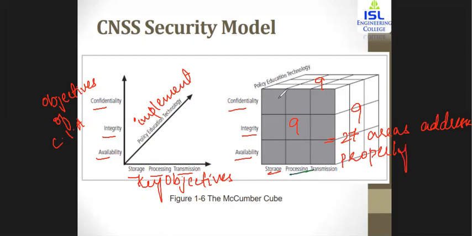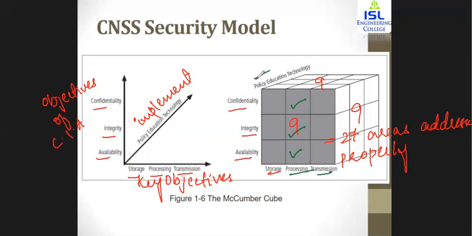Now to process data also, suppose there's a person who needs to transfer some specific confidential information. If he has that specific detail of confidentiality, he can transmit the data, he can process the data. Then how data integrity is maintained, how availability is maintained, all of this is going to be identified. Then the same thing is for transmission. For transmission, how you're going to achieve confidentiality, integrity, and availability.